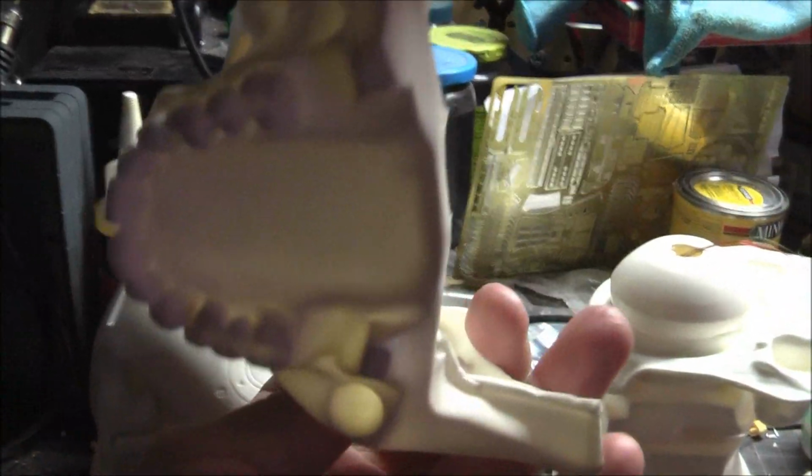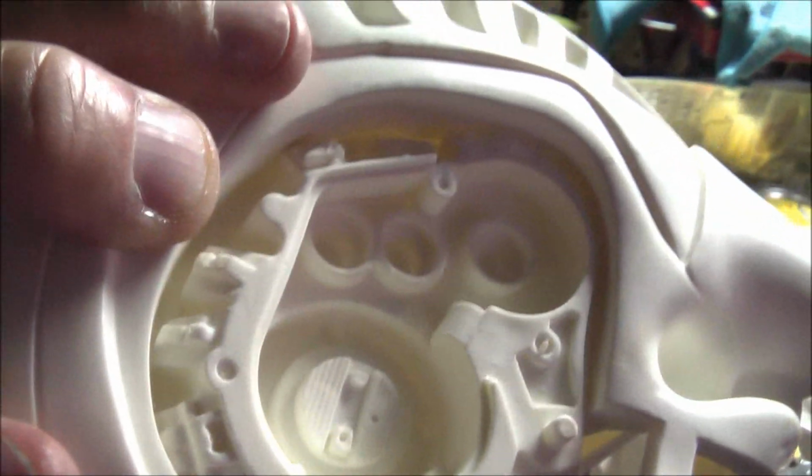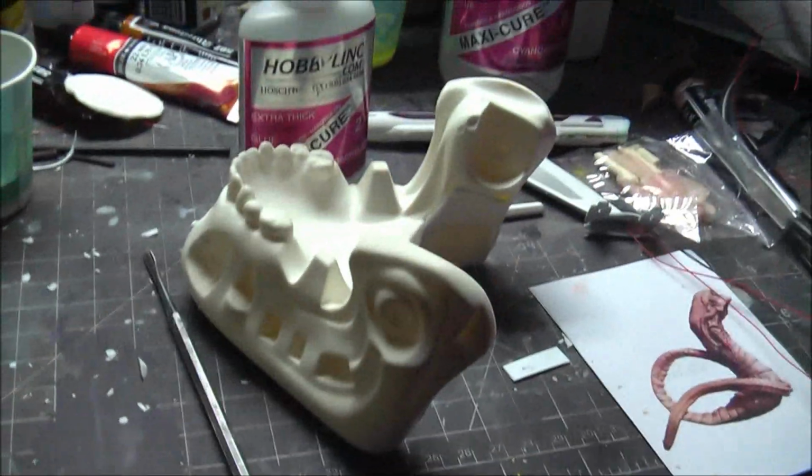The face has also been trimmed of all excess flash, and the skull, the temple pieces have been trimmed and glued. These were probably the hardest part to get to fit right. I had to do a lot of trimming, but they're in place. So now I'll be